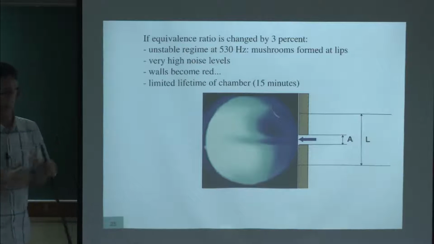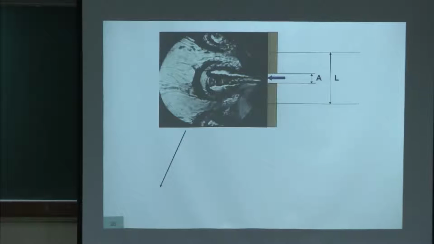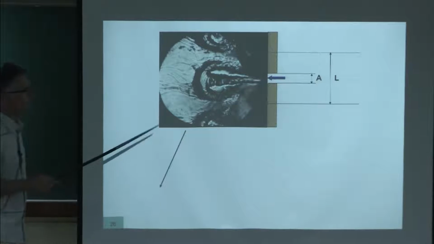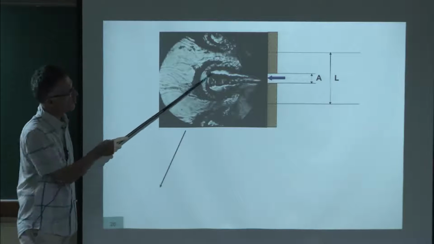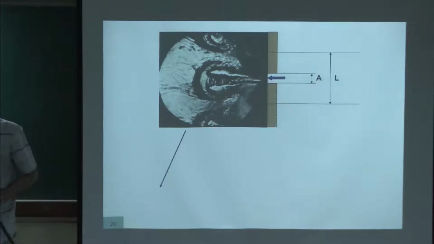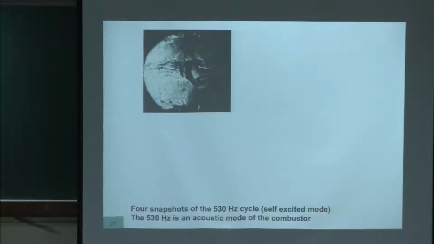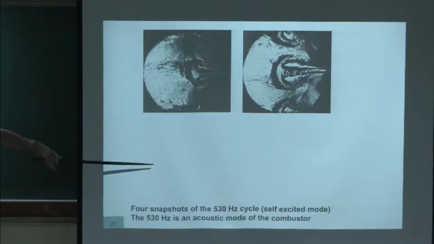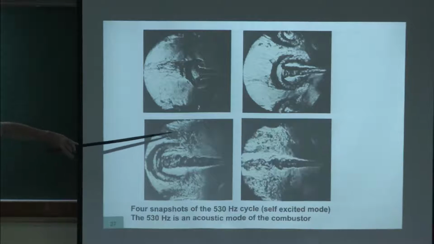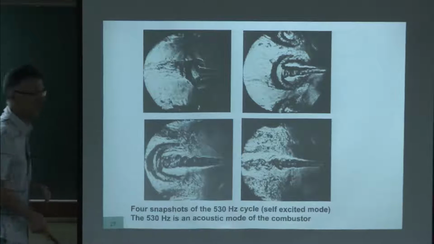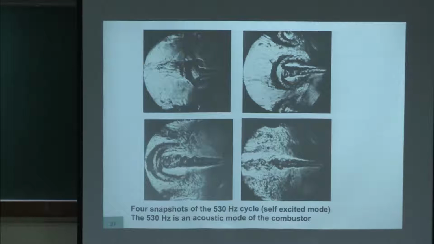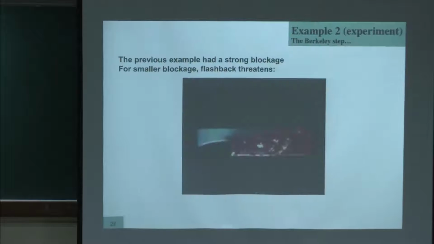And the flame is much more compact. So it's good for efficiency, it's not good for the structure. If you do a high-speed visualization of this flow, this is what you find actually. You see this huge vortex here, mushroom vortex, which is created. And if you do a cycle on that, you see that this is a small vortex initially, growing more, and then interacting with the neighbors, and this cycle turns at 530 Hertz. So you see it's a very strong modification of the flow there.